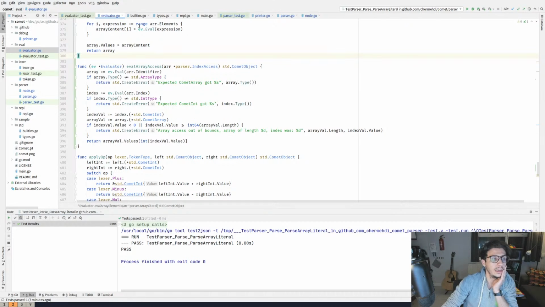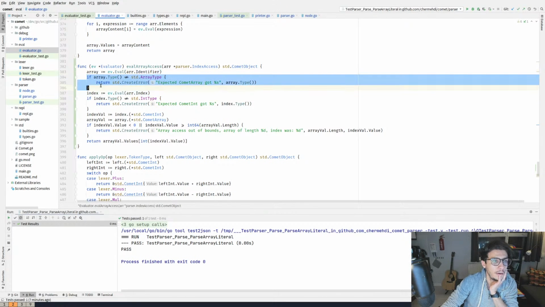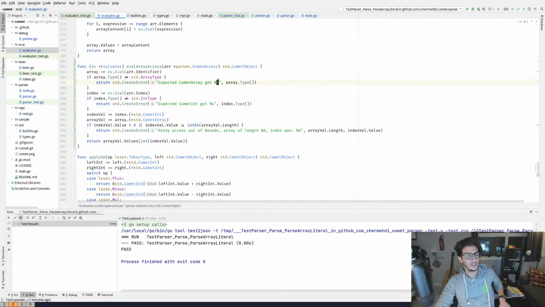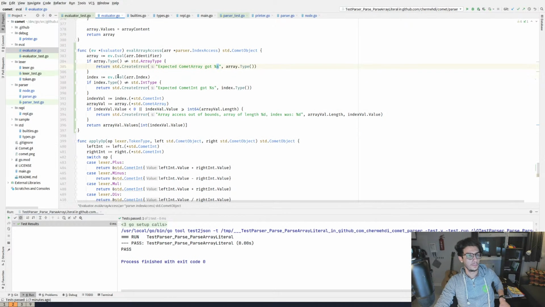So let's do a very quick pass. At first, we make sure that the left operand, which is the array or the expression that evaluates to give you an array, is actually of array type. And if not, we report it. If the value of the index position is not an int, we return an error.